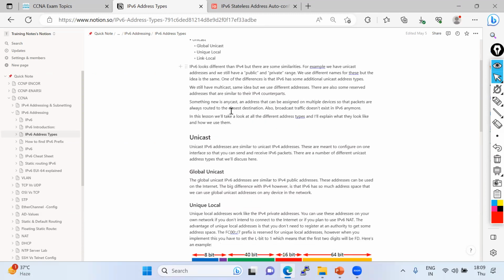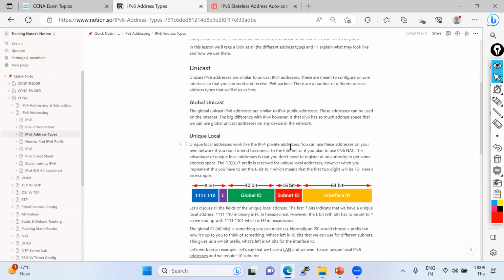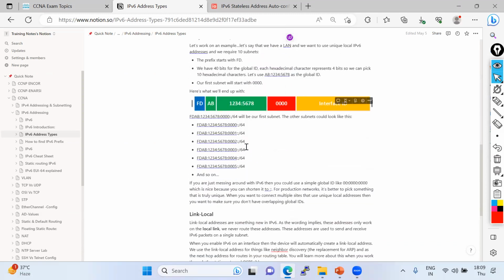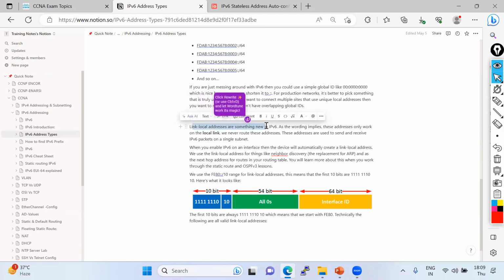Unique local is also similar to a private IP address. Link local is again a kind of private IP address, but it is limited to the link. By using link local addresses, we can configure the IP addresses on the interfaces.